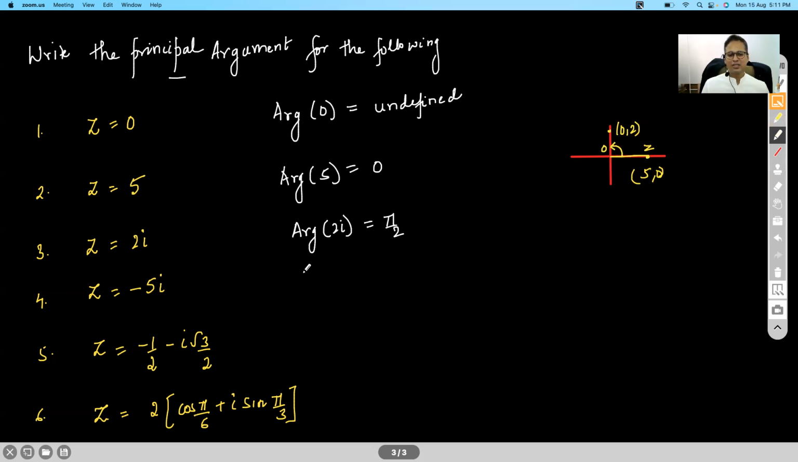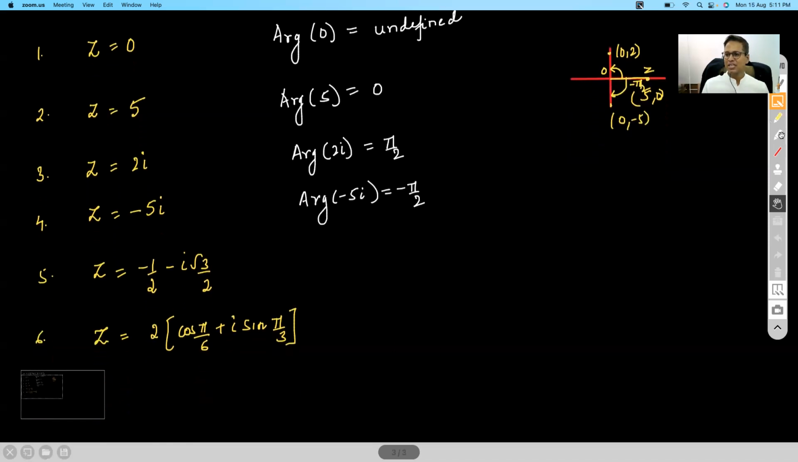Fourth one, minus 5i, argument is minus pi by 2, right? Most of you have got this right. So minus 5i is like 0, minus 5. So this is the shortest angle,